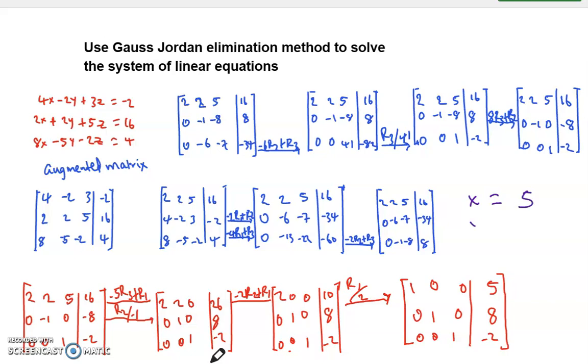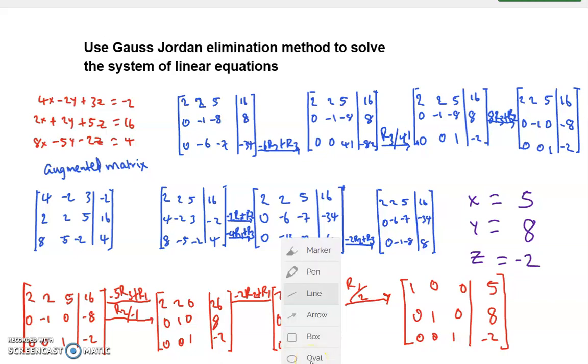Our value for y is 8, and our value for z is -2. And this is why solving Gauss Jordan elimination is more tricky, but it helps us to find